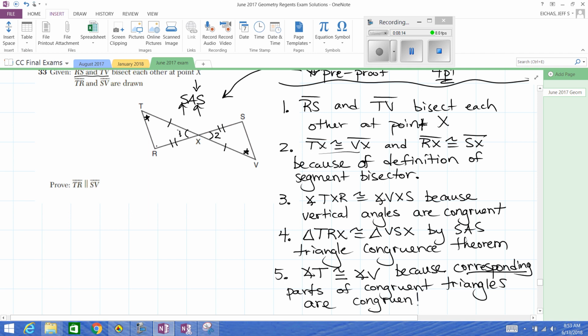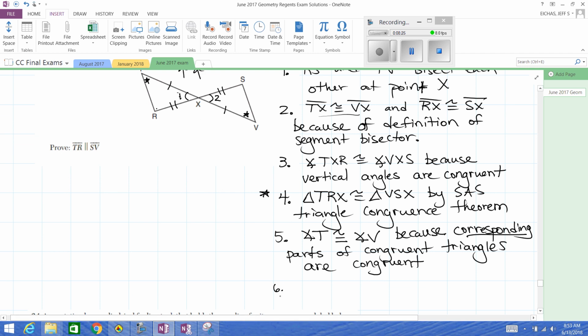Now, I've seen this happen a lot. Don't talk about congruent triangles until a previous step has congruent triangles. Okay? And then 6, now we can say TR is parallel to SV